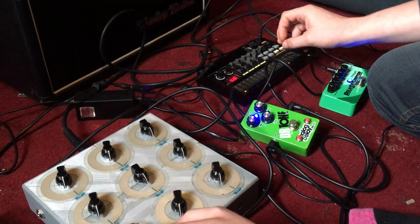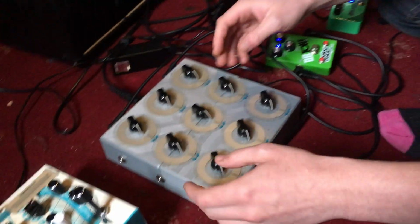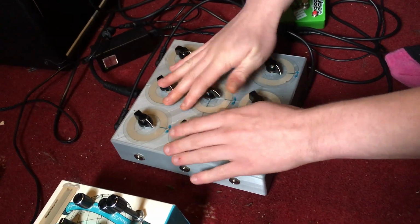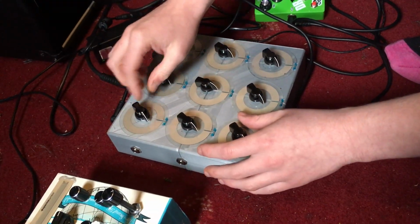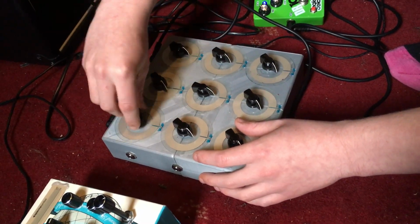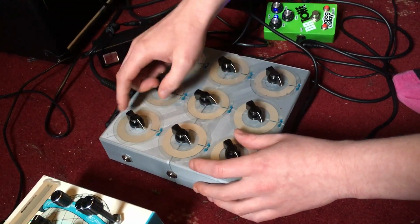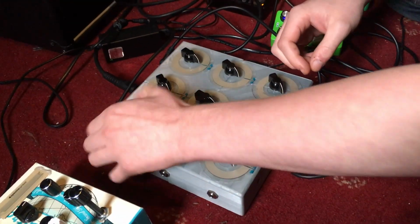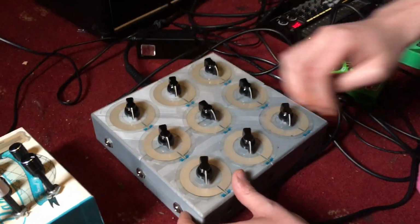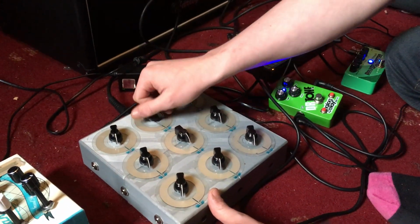So how it works, basically when the push pull pots are in the down position, so you can have an up or down position, when they're pushed, you're controlling the potentiometer that's attached, so you're controlling using the pot, and when they're up, you're controlling the soft pot. So I suppose the easiest way to show that is